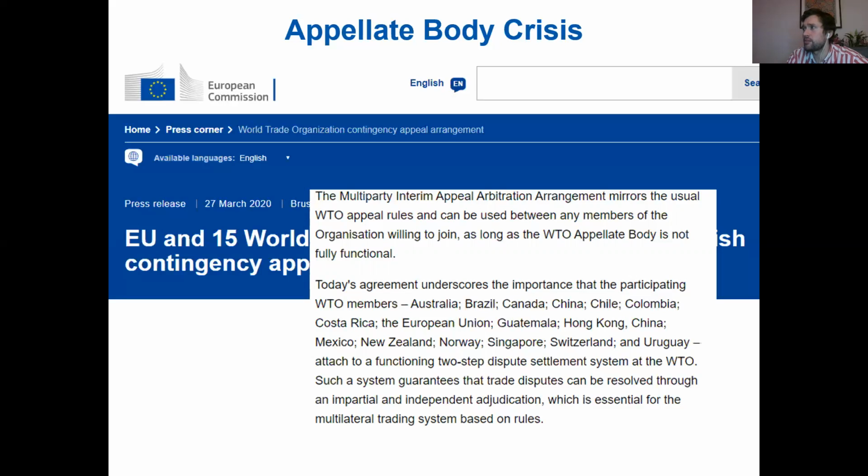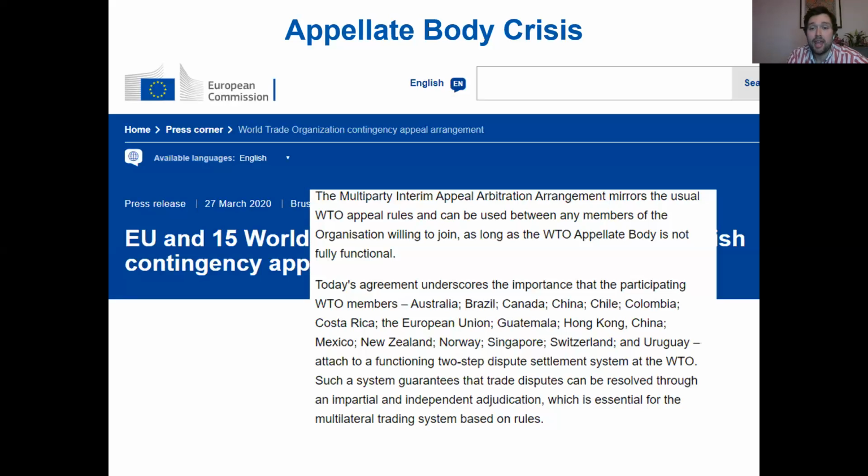If only I remembered. Nicaragua clearly joined. I think Ecuador. So there are other parties joining. Russia is also considering joining this appeal arbitration agreement, arbitration arrangement. We don't yet know how it will function. It is not yet in place, but it is likely to replace the appellate body as amongst these members in